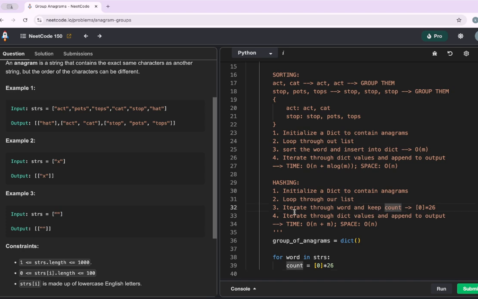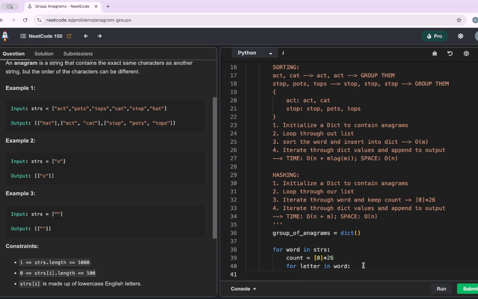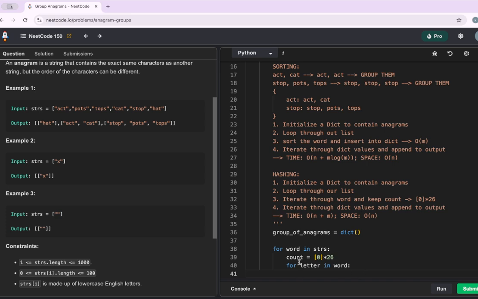Iterate through the word and keep count. So for letter in word, for the letter in our word, we would need to append. We would need to be able to iterate it to know our count. So here, the index 0 would be representative of A, and the good thing in Python, there's an ord function